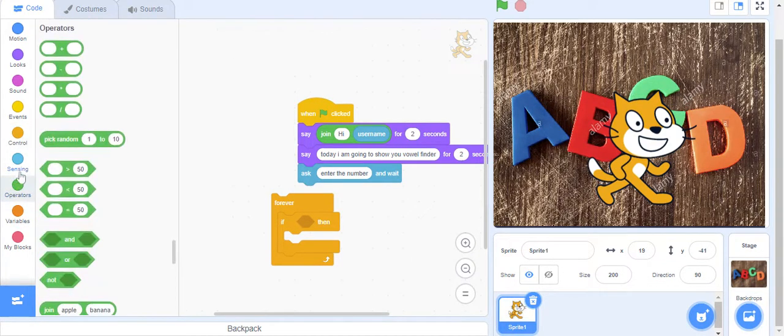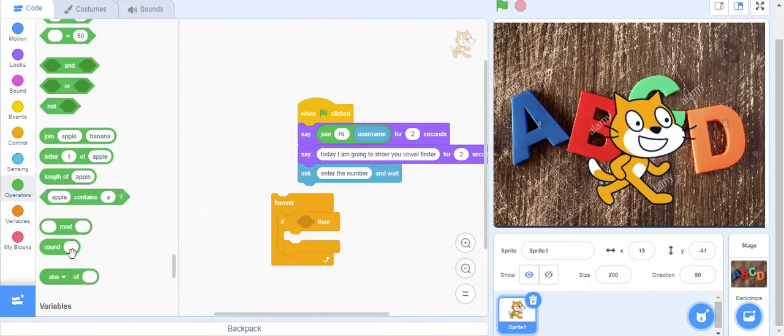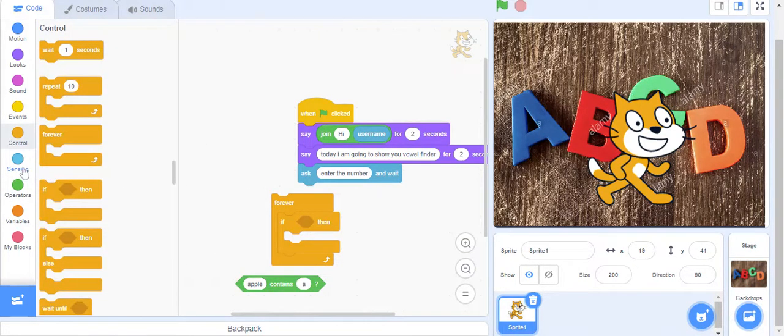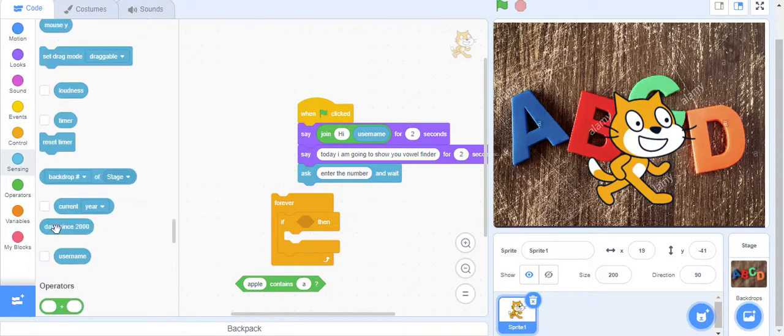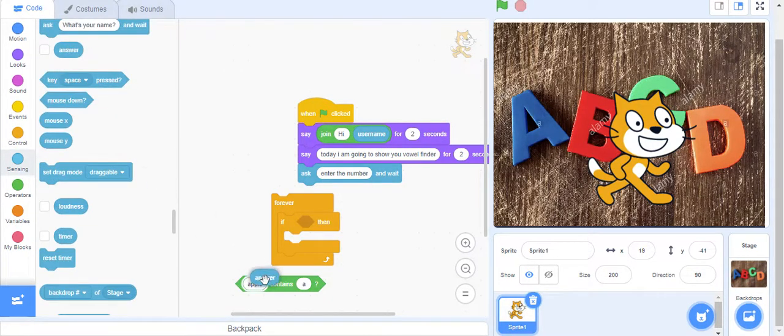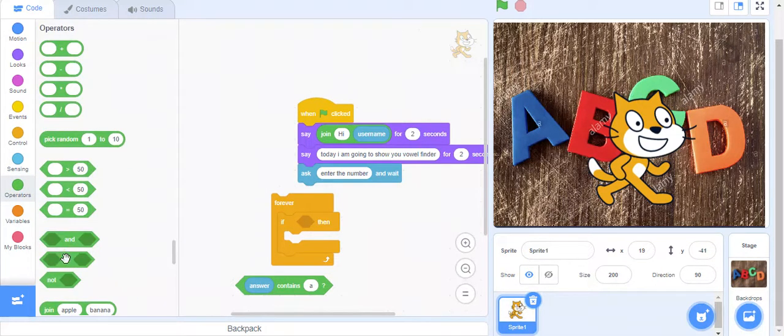Then go to operators and select the or block, and go to sensing and take the answer block. If answer contains A